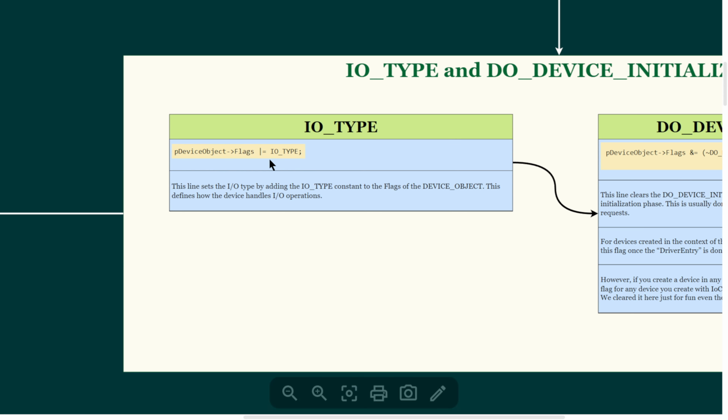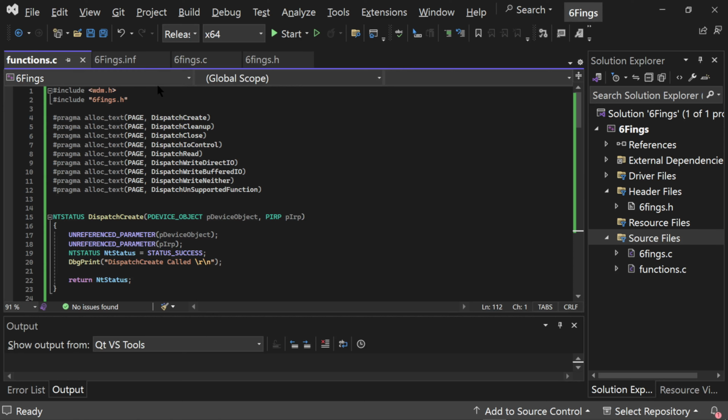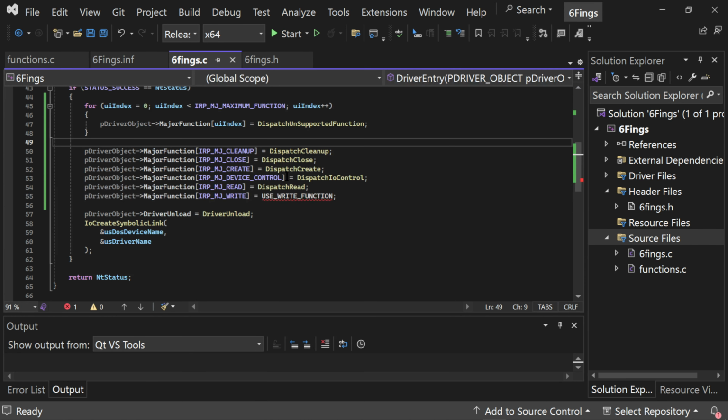Device object flag IO type. This line sets the IO type by adding the IO type constant to the flags of the device object. It sets the IO type flag on the device object. This defines how the device handles IO operations. So whenever an IO request comes, this IO type flag will define how our device driver handles the IO operation. We'll be defining the IO type flag in sequence.c